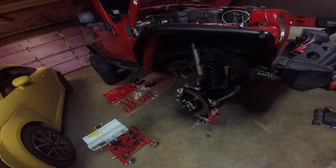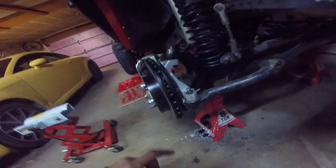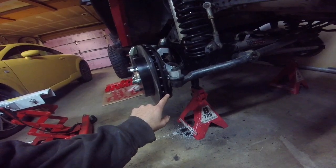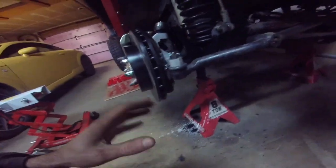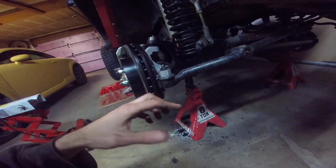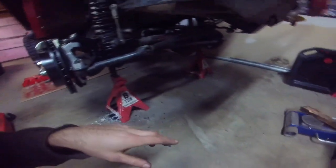So now that I'm done with all that, I'm going to readjust my toe in. I have a video specifically covering that, but basically we're measuring the distance between a point on the rotor here. It should be the same on both sides, in the front and as well in the back. And you want the front to be slightly narrower, so the tires should point in towards each other by about 1/16 to 1/8 of an inch, and you can adjust that with the tie rod because it's double